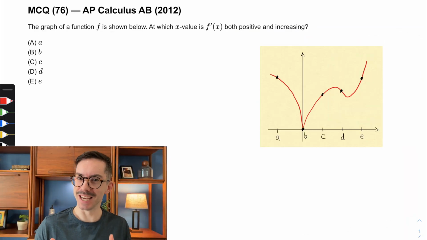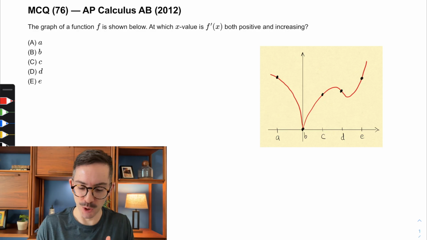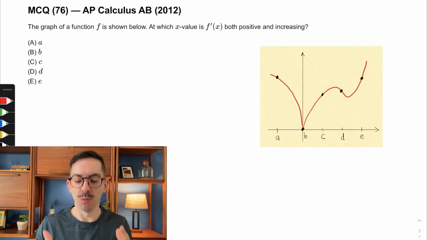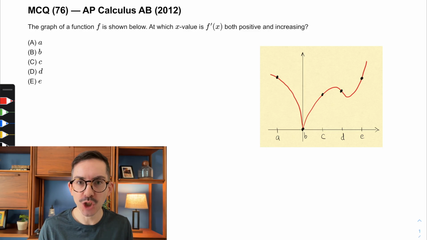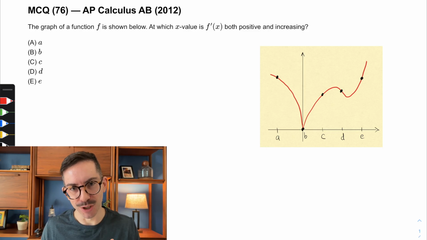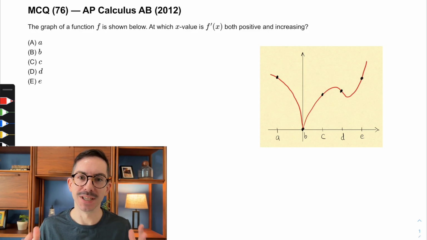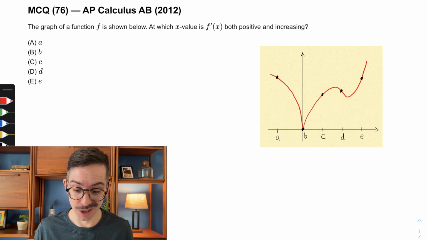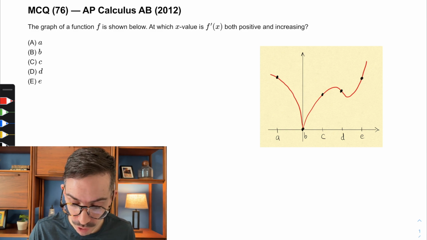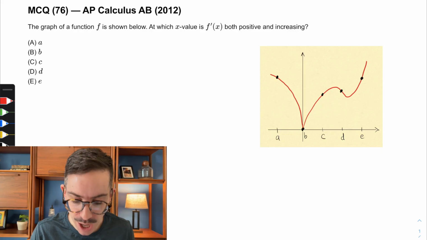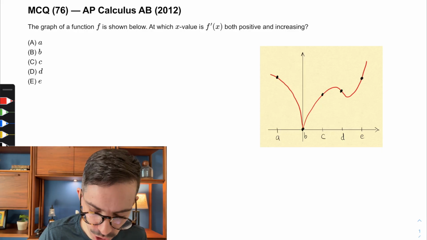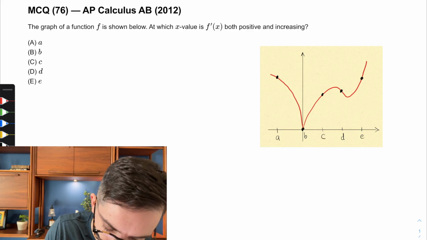Let's dive in. So in this first problem, I know I just said these were calculator active problems, but there are no numbers in sight. We've just got a graph and a question, so we actually won't need our calculator for this one, as is often the case on these calculator active sections. So we've got this graph of f, and we want to find the x value at which f prime is both positive